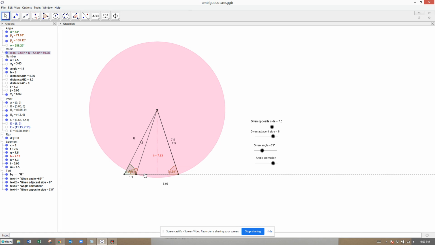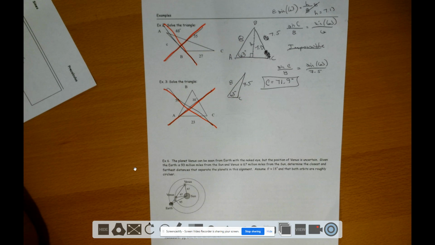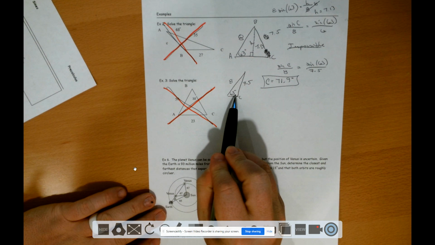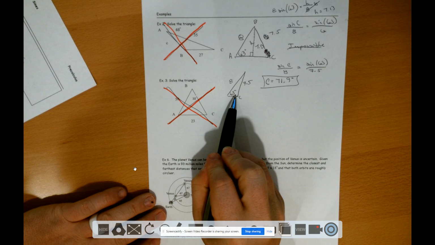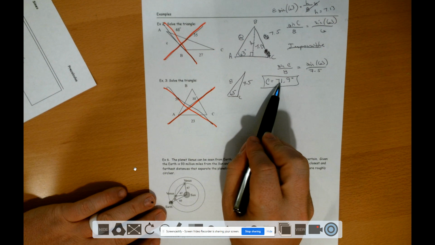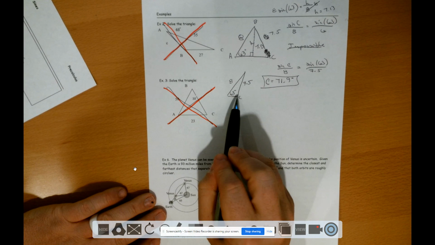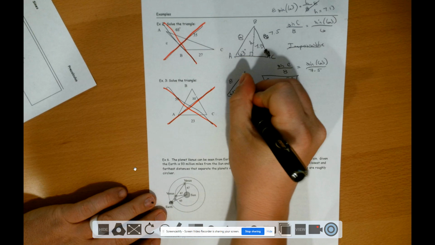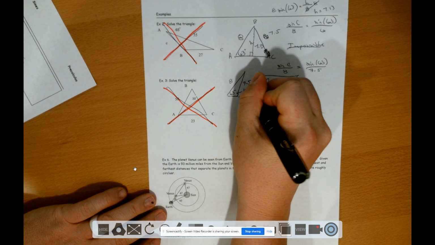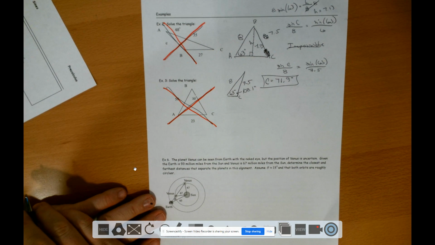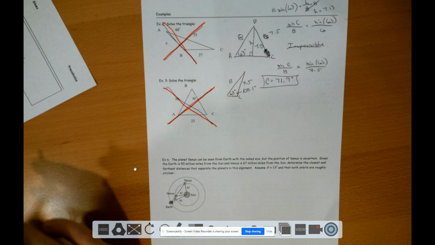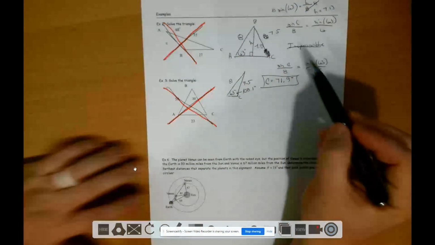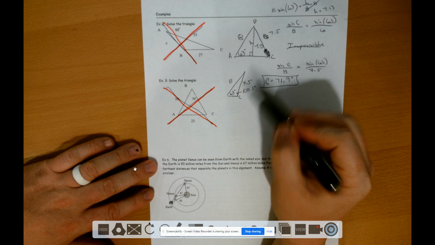So if this is 71.9, that means this has to be 71.9. Okay, the angle on the bottom left of that isosceles triangle, which means that its supplementary angle, which happens to also be this angle where my pen is, is 180 minus 71.9. Okay, so what is that? 180 minus 70 is 110, 109, 108.1 degrees. Okay, so now that we know two angles in this triangle,